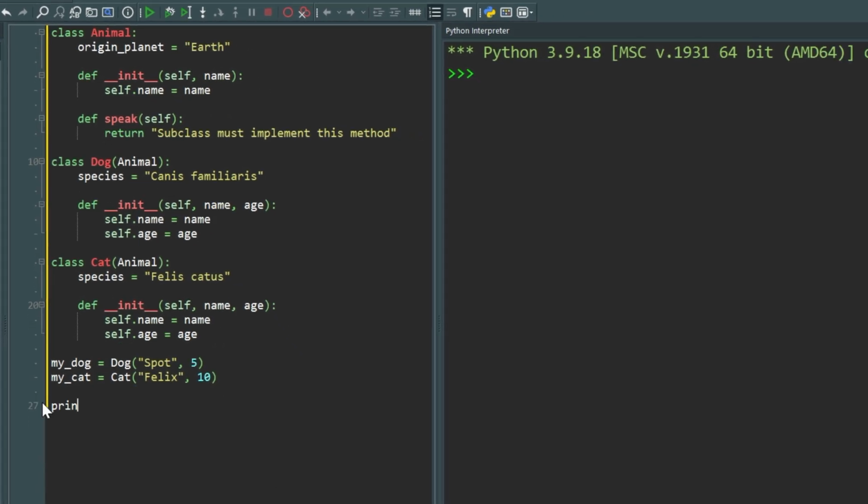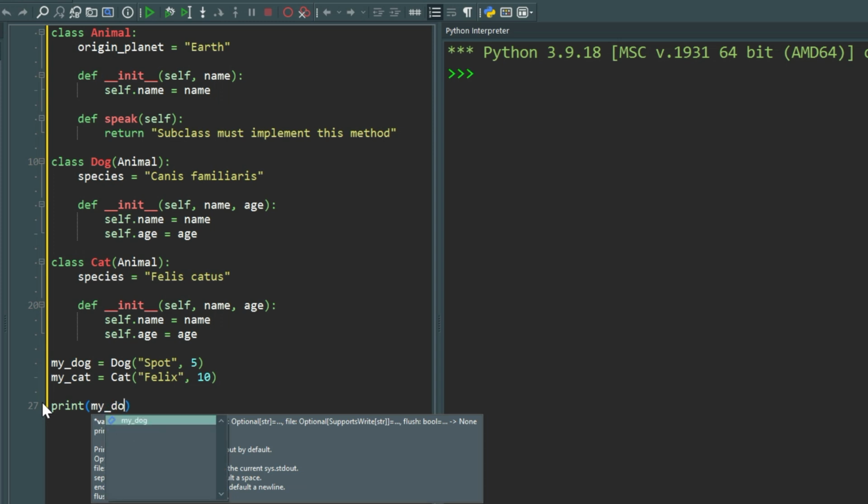Let's print my dog dot. Once we click into the dot, we can see we have our age and our name attributes. These are our instance attributes. We have origin planet, which is not in the dog class, but it is inherited from the animal class. And we also have the method for speak, which is not in our dog class, but is inherited from our animal class. So let's print our my dog name,